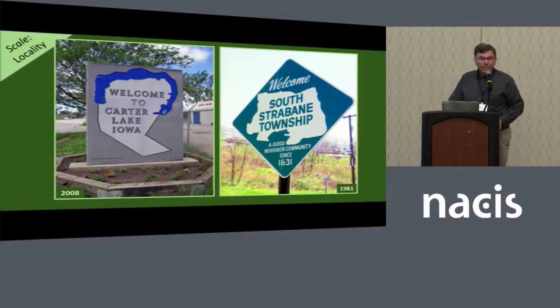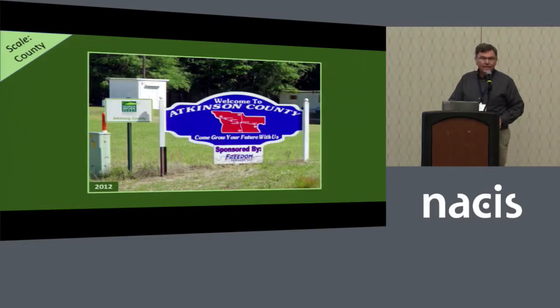Scale, the locality. It might be a city, like Carter Lake, Iowa, or a township, like South Strabane Township in Pennsylvania. You wouldn't know that was Pennsylvania, but you would know that that was Iowa. And that's one of the decisions that localities have to make as they decide how to welcome visitors and reaffirm their own populations of their identities. Or at the county scale,